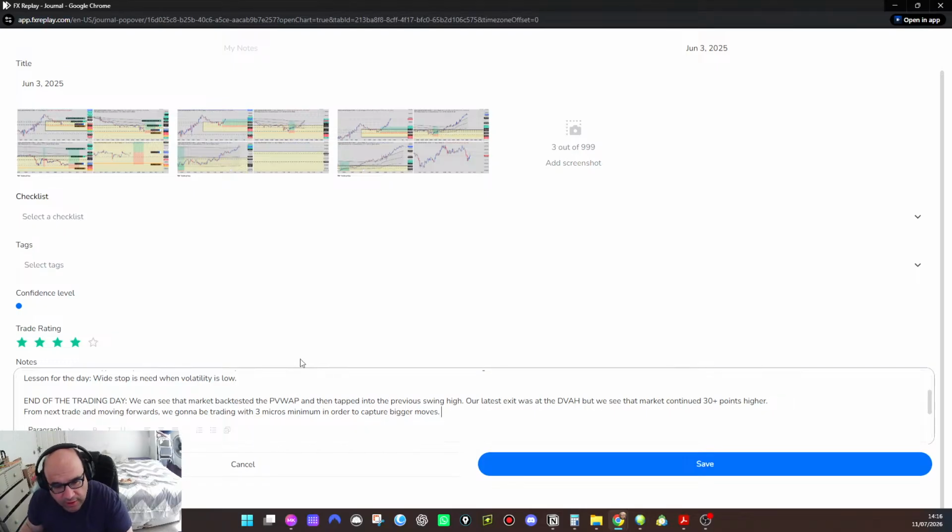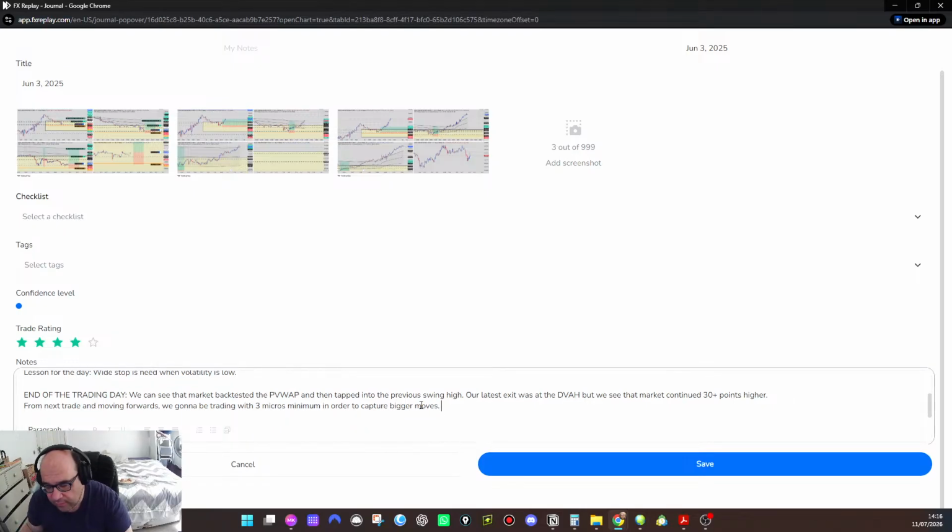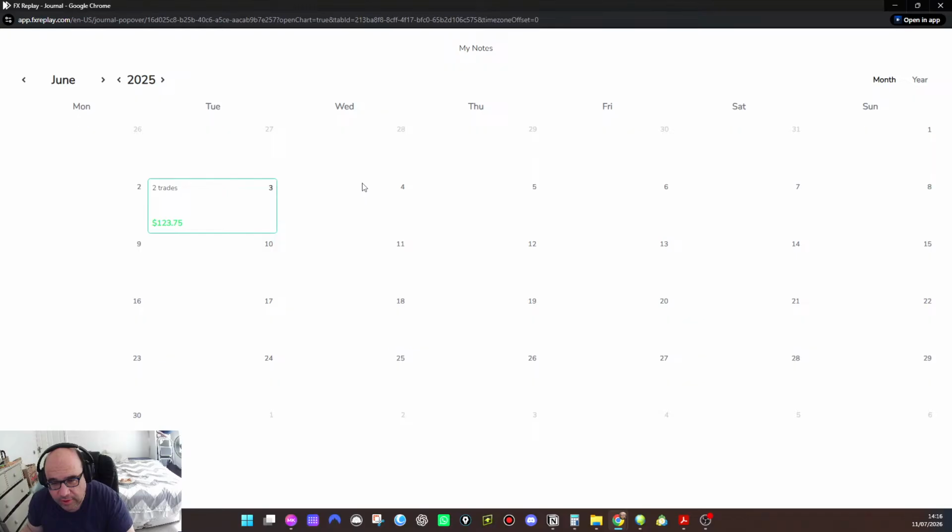If you have a really small account, this may not be the case for futures. But if you have CFDs, then you can leave a small account like 10% and capture this 40 points move. The amount may not seem a lot in one trade, so you may capture, I don't know, 10, $20. But if you accumulate all these, they pile up and they really progress your account. So press save. So we're done for the day.